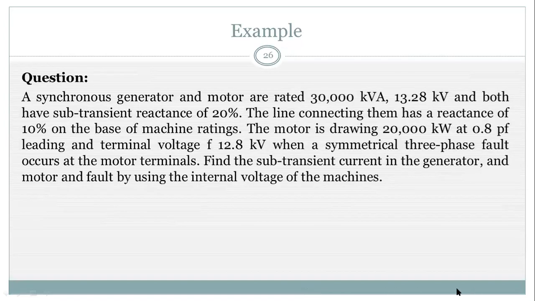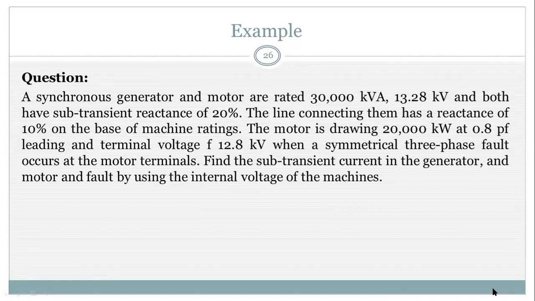Well, now this is another example. A synchronous generator and motor are rated 30,000 kilovolt ampere, 13.28 kilovolt, and both have subtransient reactance of 20%. So here there is a generator and a motor, and their subtransient reactance is 20% based on their rating. The line is connected between these two machines, and the reactance of the line is 10%. Now, the load specification is given here. That is, the motor is drawing 20,000 kilowatt power at 0.8 leading power factor, and the terminal voltage, that is